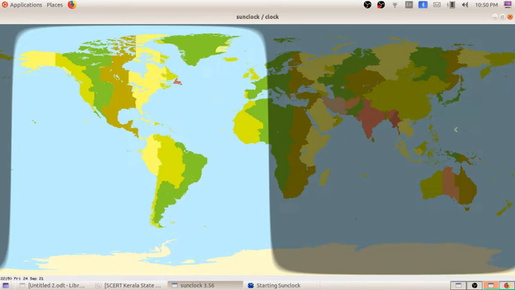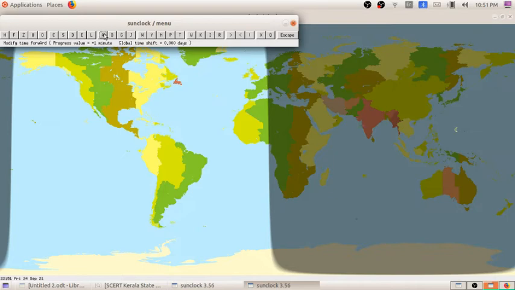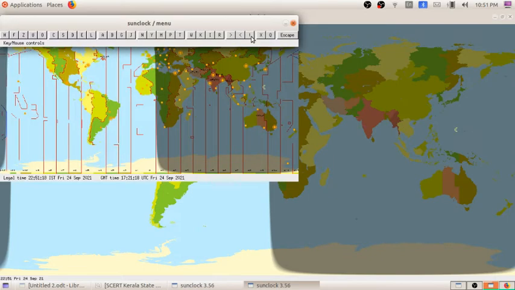So here now you can see this dark portion refers to the night, and this portion refers to day. When I am clicking, I got the Sunlock menu. From here I am clicking on the exclamatory mark.